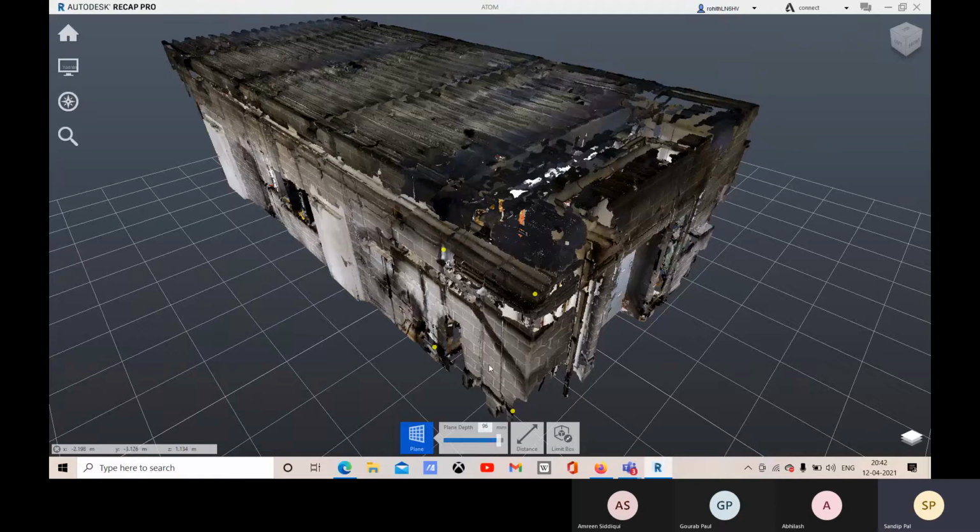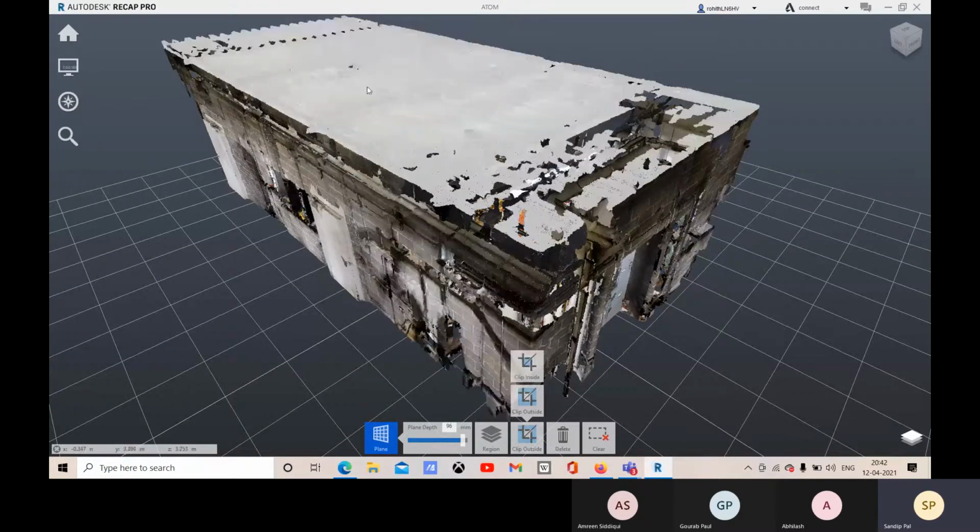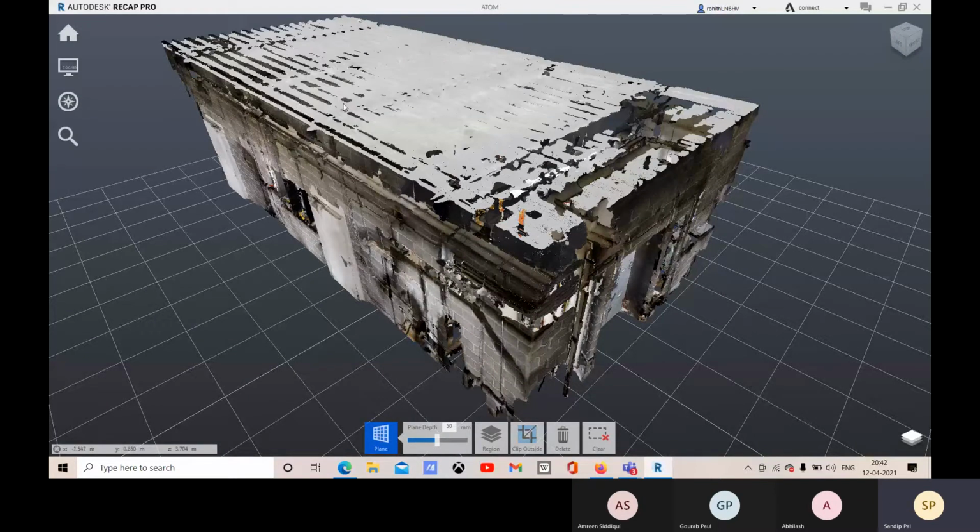Press enter, and these are selecting along this plane only. So you can go like this and press enter, and this is right now selected. You decrease the plane depth, and it is like that.